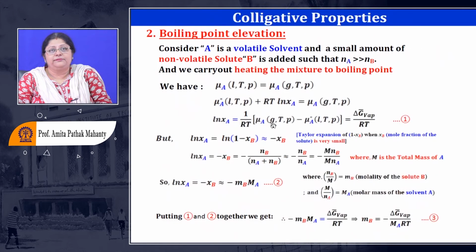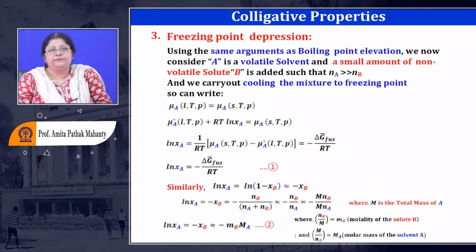Here we have taken the change from the final state, the gaseous state, minus the liquid state. Remember, this is also a star. I have not written it, most books do not write the star, but you have to remember this is a star because of the assumption we have made. The vapor phase will have no solute in it. So this is basically a star, but we have not written it, and usually books do not write it.